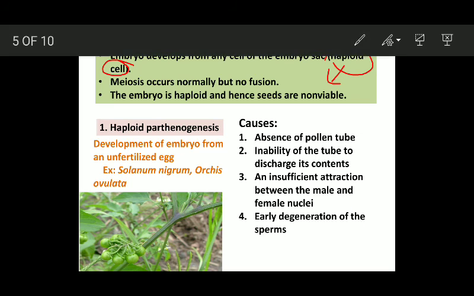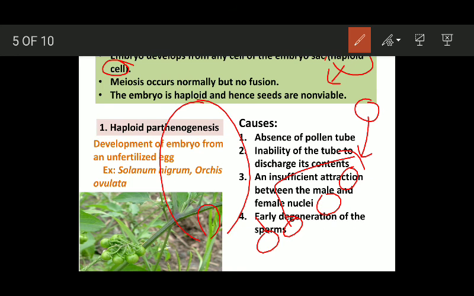अगर आप देखोगे, this is the megaspore mother cell. It undergoes meiosis, forms 4 cells, megaspores. Out of these, 3 degenerate and this one survives. It forms the female gametophyte. These are the polar nuclei, these are the antipodals. All these cells are haploid. This is the egg, this is haploid. Okay, synergids, these are all haploid.